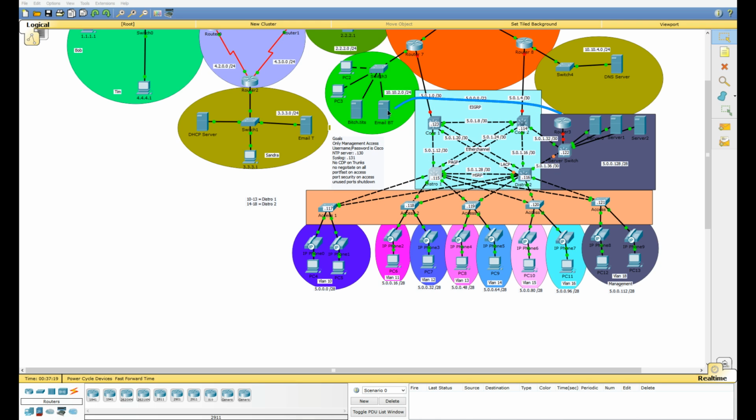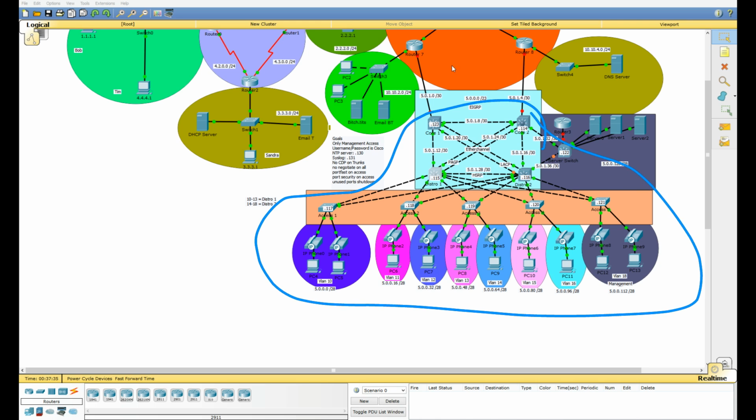The next video we're gonna focus on the core, set up these ether channels, and it's probably gonna be about it. That's gonna be easy. EIGRP is gonna be the main thing there. Eventually we'll move on over here. Once we get this whole thing set up and connected out to here, we'll do some verification and